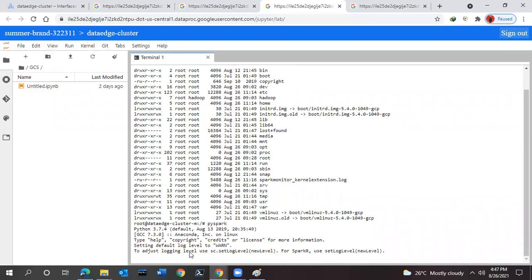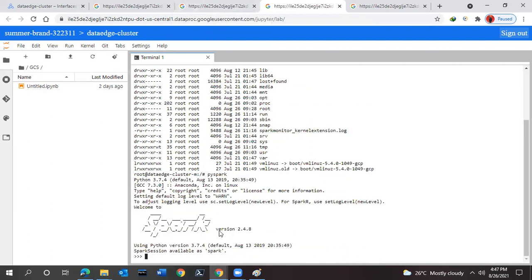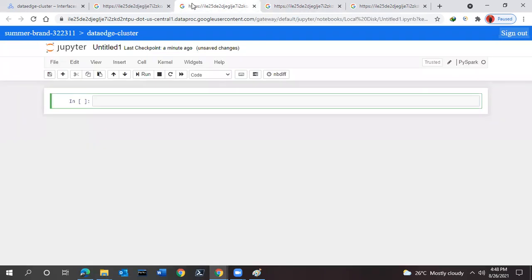It ideally provides only the command line interface for working with PySpark. And because of that, I don't want to write the code into this terminal window. So we can simply go back, and you can see Spark has been launched with Python 3.7.4 with Spark 2.4.8, and my Python is ready with Spark over here to execute it. But I'm not interested in writing the code over here. So we'll quickly jump over to this PySpark section.